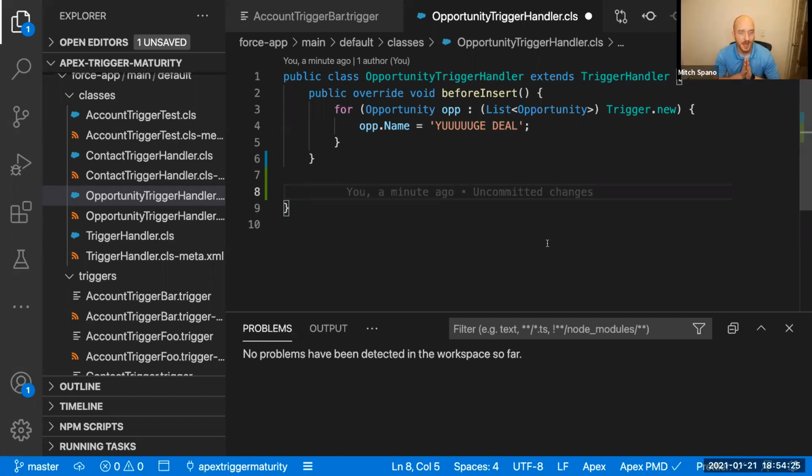Yeah. And Pat, one little wrench that I might throw in your plan there is that there's been an incredible amount of investment in Flow from a platform perspective, and the performance of Flow far exceeds the performance of Process Builder, and Flows are now almost on par with Apex triggers in performance and speed. Not quite, but